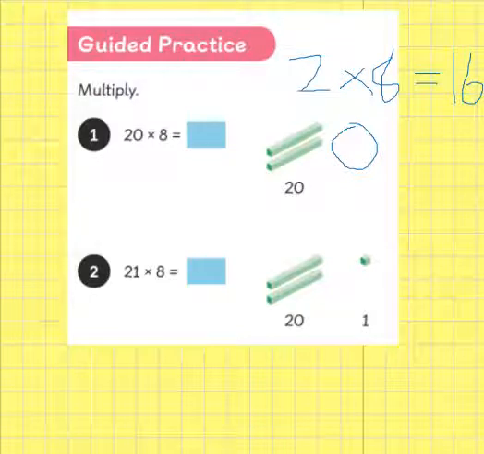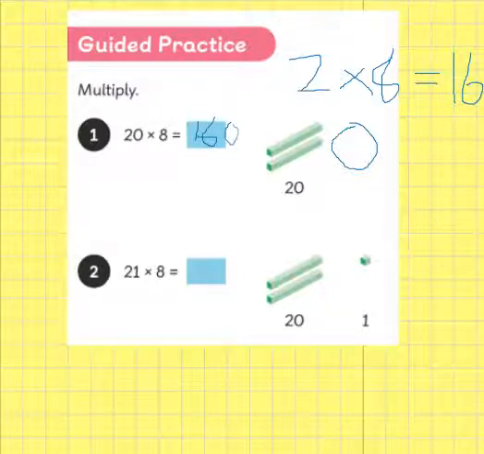And because I know that 20 is 10 times greater than 2, I need to multiply my answer by 10. So that means that my answer is going to be 160. So remember, when we're answering this question with the method that we're using here, we need to remember that if we're just multiplying a 10 by a single digit, we must remember that the 10 is 10 times as